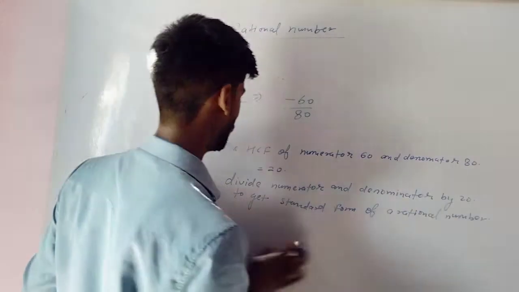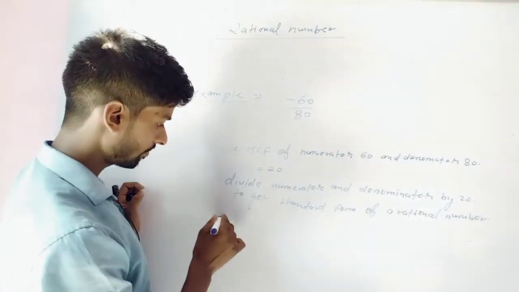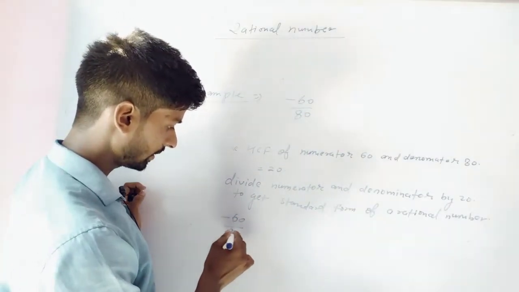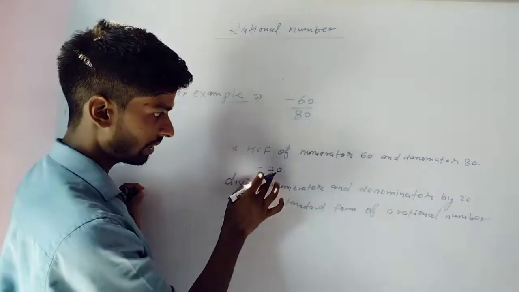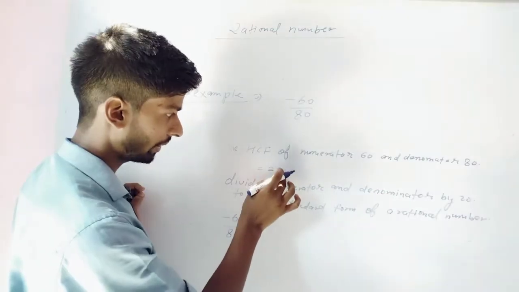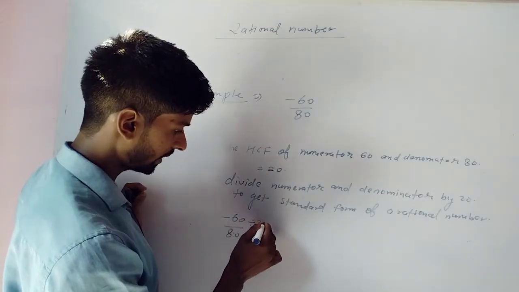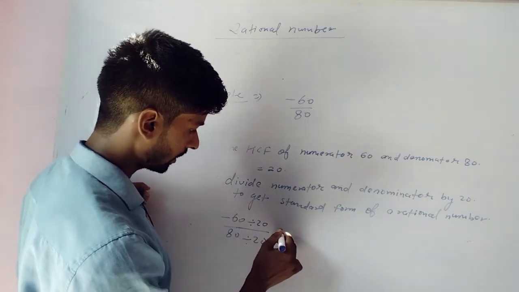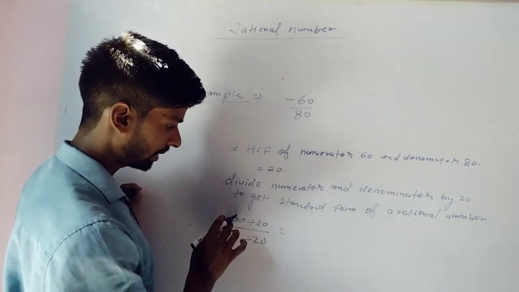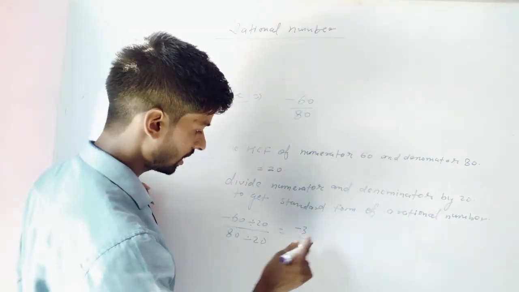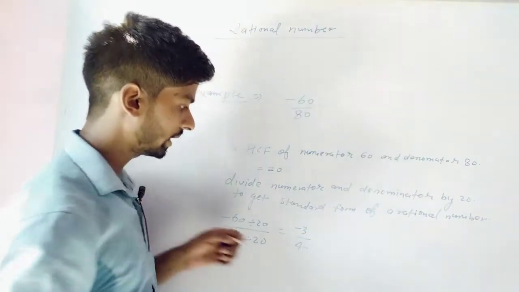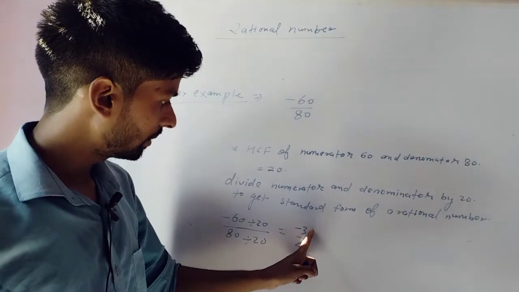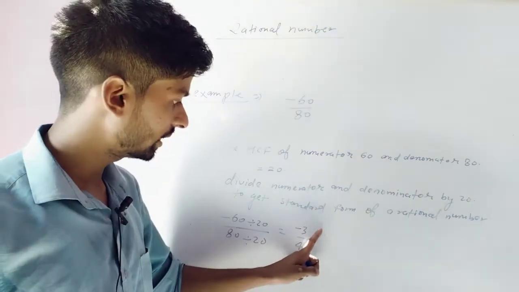So we can see here -60/80, the HCF is 20. We divide numerator and denominator by it. 20 divided into -60 gives -3, and into 80 gives 4. So we can see here -3 and 4 have an HCF of 1,